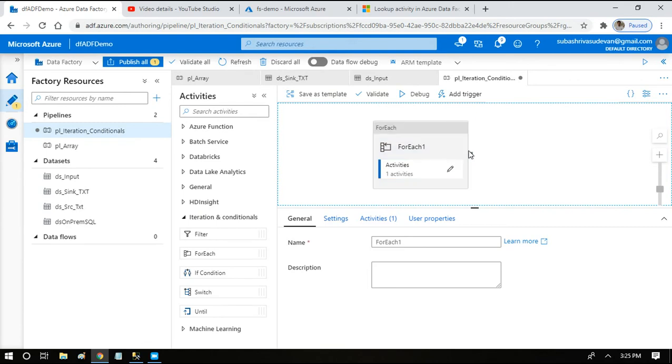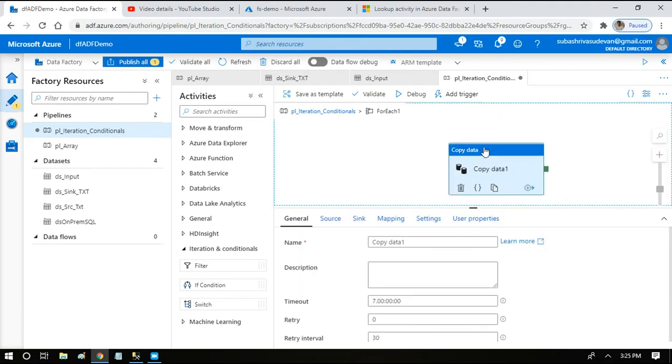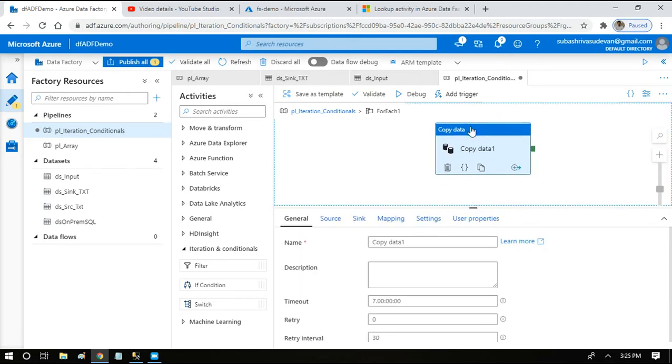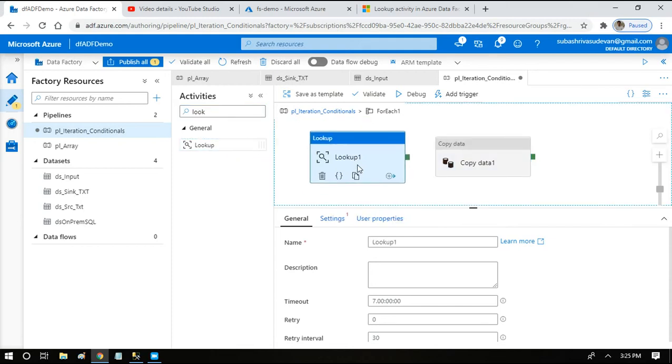After pasting, what we have to decide is, inside the for each loop, we already have a copy activity, but we don't know whether all the three tables looped by the for each loop have records or not. So we are going to do a lookup. Lookup activity can bring a set of data, or a dataset, before you want to do any other subsequent activities. Based on this, you can do some kind of checking.